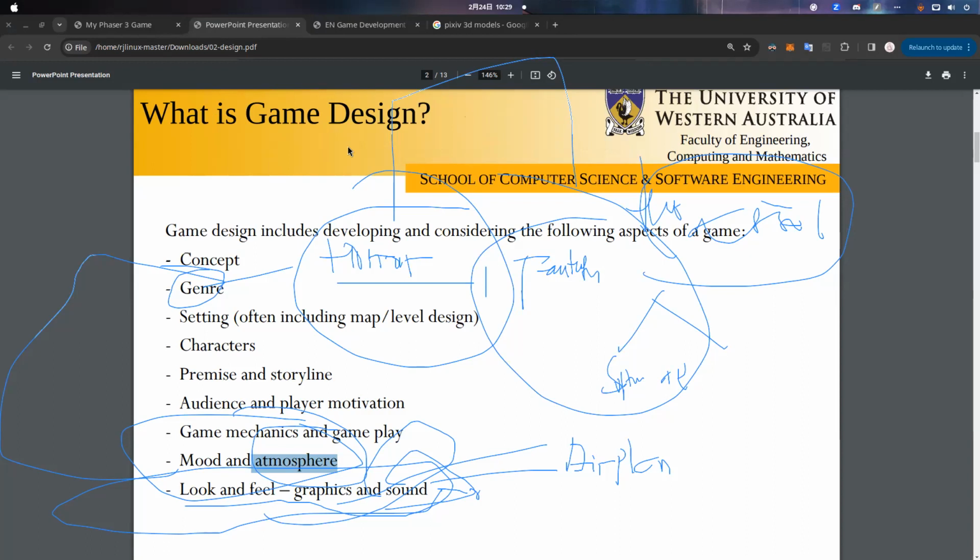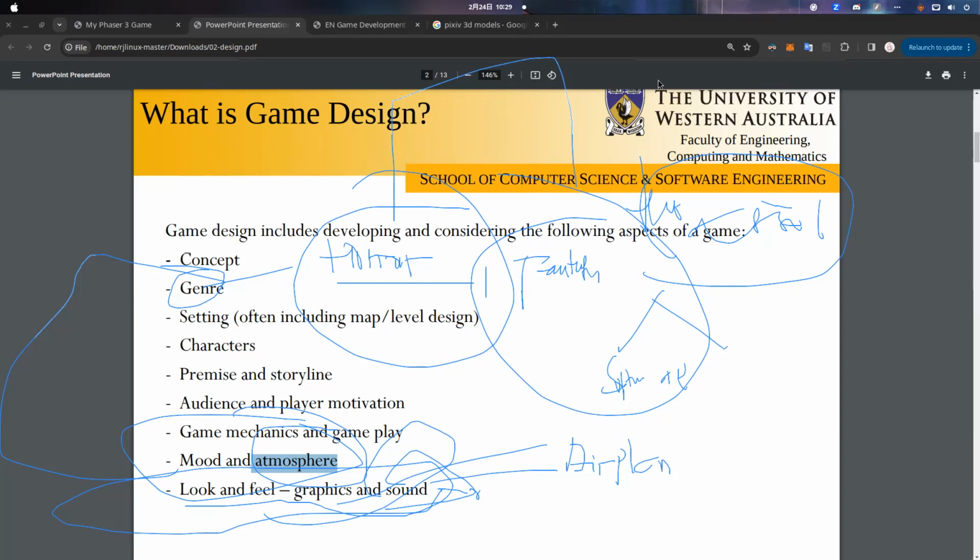Okay, let's begin. This is how you design games. If you're stuck or confused about what kind of game you can create based on your capability, you can simply take inspiration from existing games. You can copy the concept, the genre, and then modify it into your own version. Actually, it happens a lot.